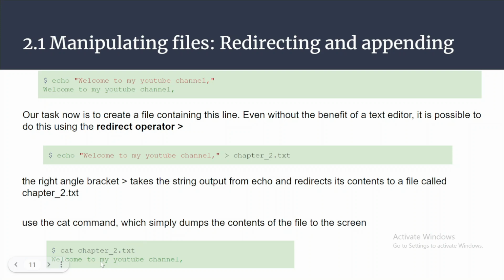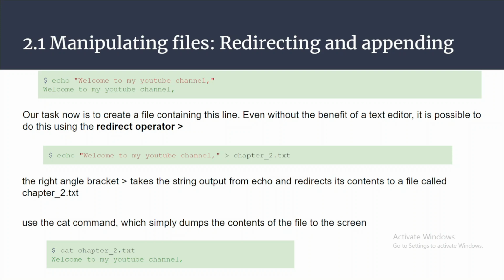This will show welcome to my YouTube channel. This is the content we added in the previous command, and now we are validating whether this content is added with the redirect operator. Okay, so this is the first thing we have learned in this slide. We will see it in VS Code also, and I will give you an example.